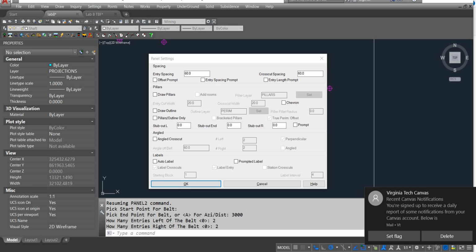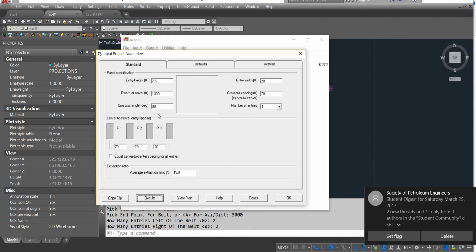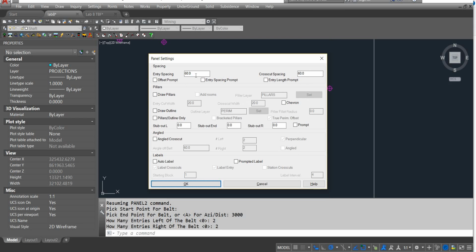So the panel settings that I want are the same ones that we get from arms, which are 70 foot center by center, and width of 20, and angles of 90 degrees. So go back here. So spacing is 70 here and 70 there,